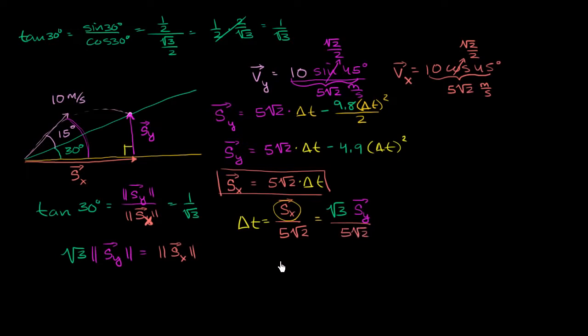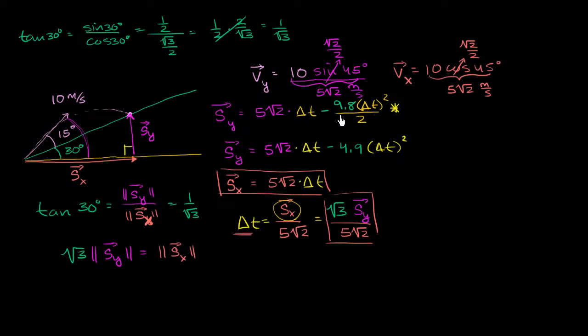Now, the whole reason why I did this is that this expression contains the ratio between our vertical displacement and our horizontal displacement, and it also contains the information of how the horizontal displacement changes as a function of time. So our time needs to be equal to this. So this is our time as a function of our vertical displacement now, not time as a function of our horizontal displacement. And what we can do is use this constraint with our original